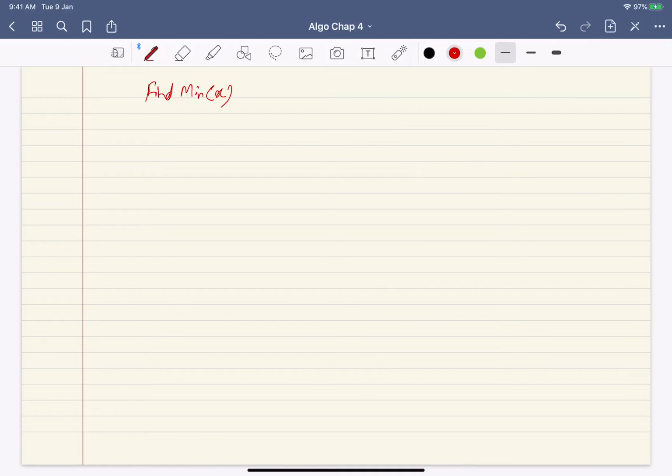So I can write a simple pseudocode. Find-min(x). I can write a recursive code, or: while left of x is not equal to nil, x is left of x. You keep on doing that. At some point it will be nil, so you return x.